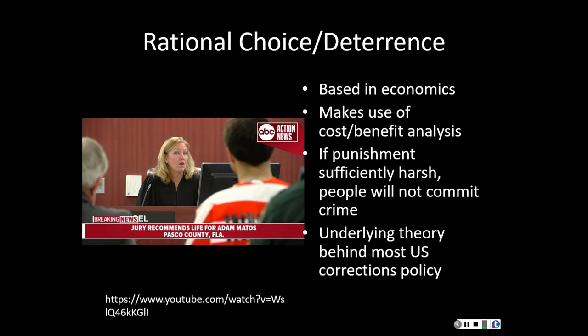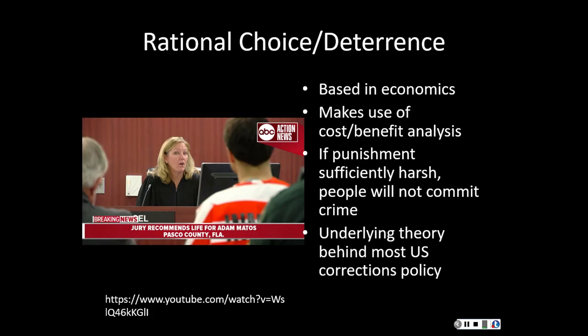The most popular theory in American criminology, or at least I should say American criminal justice policy, because those that study criminology have issues with this, and that's something you're going to look at as part of this week's research exercise, is rational choice or deterrence theory. This is based in economics, and it's just very simple math. It's a cost-benefit analysis. If the punishment is sufficiently harsh so that the cost outweighs the benefit, I'm not going